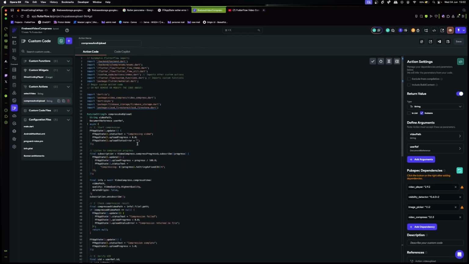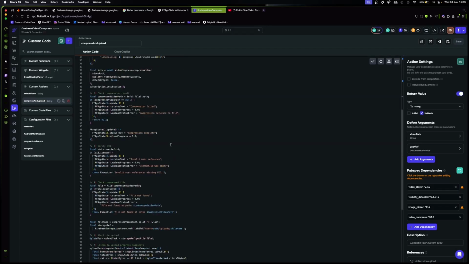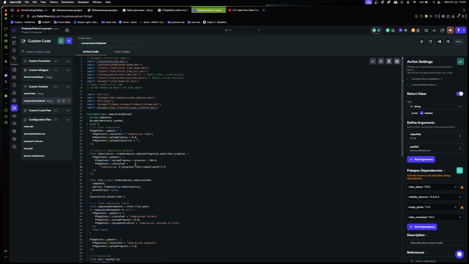Now there are a few things in order for us to track the compression state, and also just say, you know, what is the status text if we really wanted to. You can display this somewhere else if you want to. Otherwise, you can just remove the app state here, the status text. I will, however, recommend that you still have a status error. So if whatever happens, you can actually display to the user why their upload failed or why their compression failed.